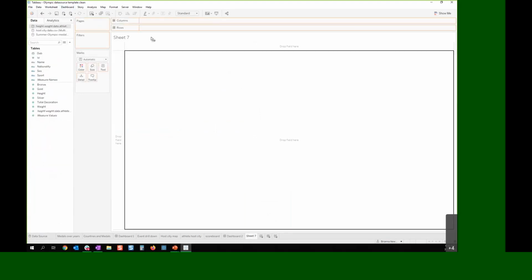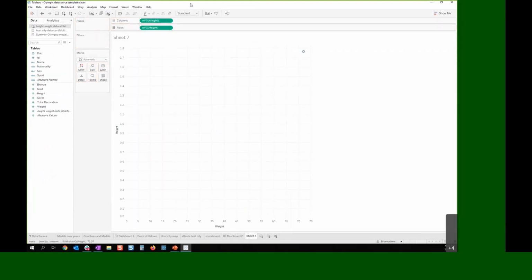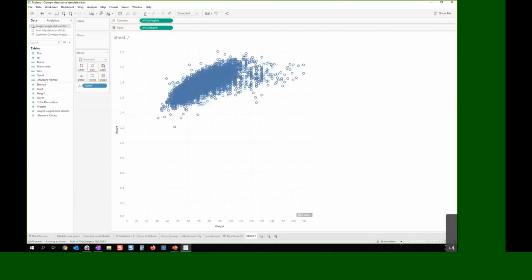So here we'll add height, and we'll add weight, and then we'll add name. So this will give us a crazy scatter plot with quite a bit of mess in the middle. Don't worry, this is going somewhere, I promise. And there's a number of nulls. Those are just for individuals that don't have either height or weight data registered for them. So just an FYI. So there's a huge mass of athletes that have attended the Rio Olympics, and I'm curious